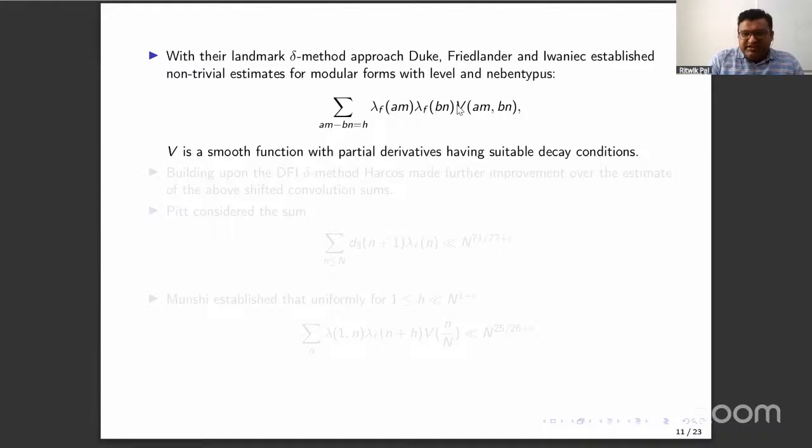They also need an extra smooth weight, which satisfies some decay condition with respect to its partial derivatives. The smooth weight is needed because certain analytic difficulties will come, and the smooth weight simplifies the estimate and the calculation. One can also remove the smooth weight,